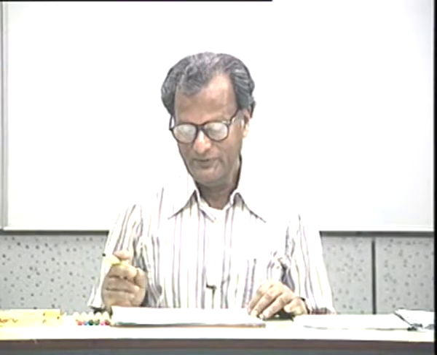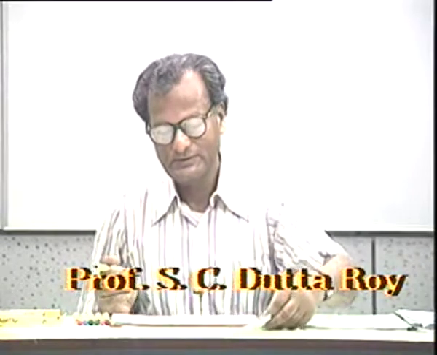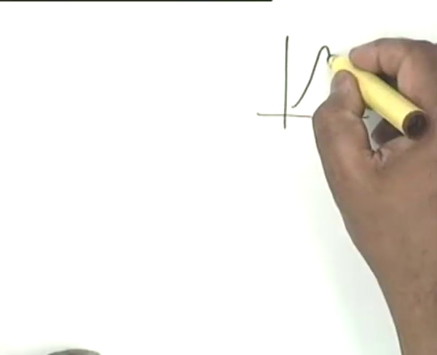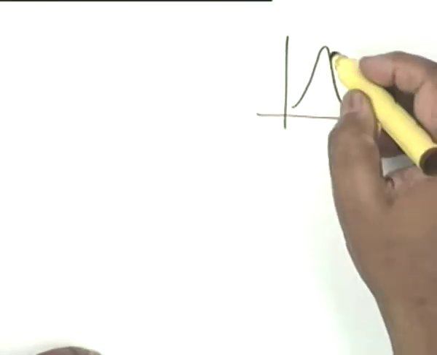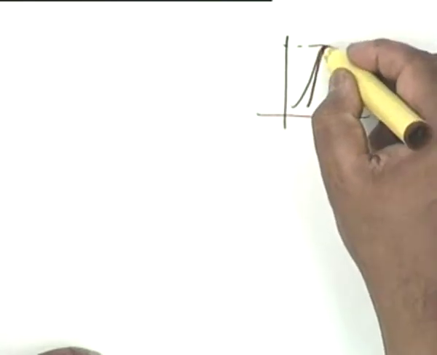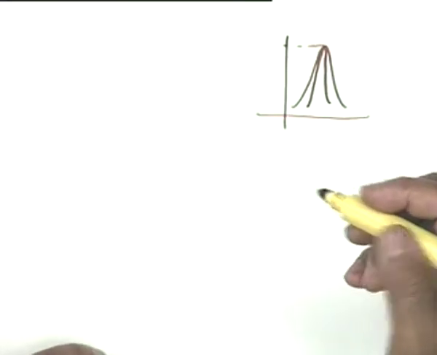Okay. But before we take up this, there are a couple of circuits that are left in tuned amplifiers, which I want to draw with you. I said that if you want to sharpen the single tuned amplifier response, then you cascade a number of them. If you cascade two of them and keep the normalized magnitude as 1, then naturally the response will sharpen like this. And if you cascade more of them, then it will become sharper and sharper. And we'll come to that relationship later.